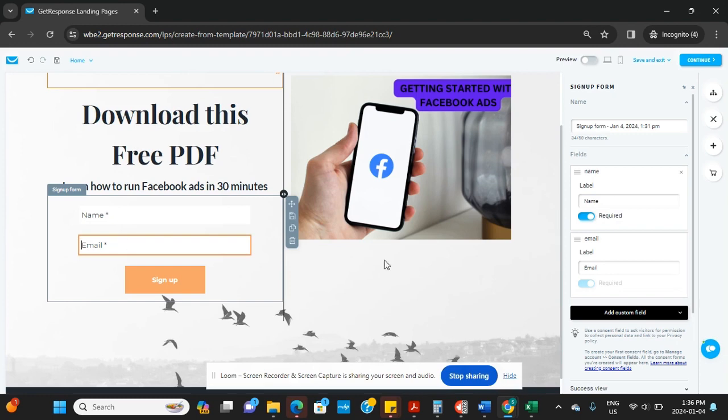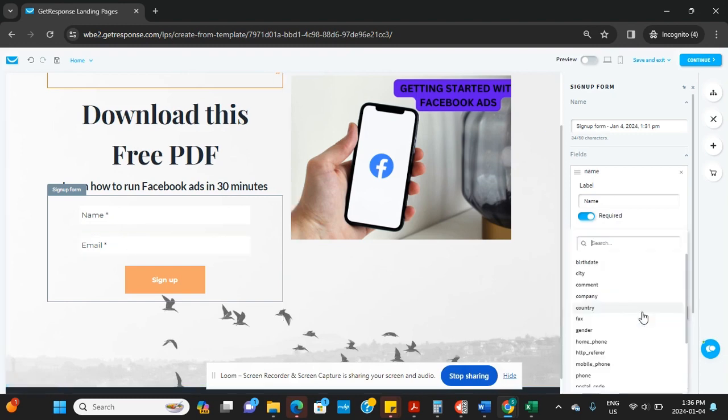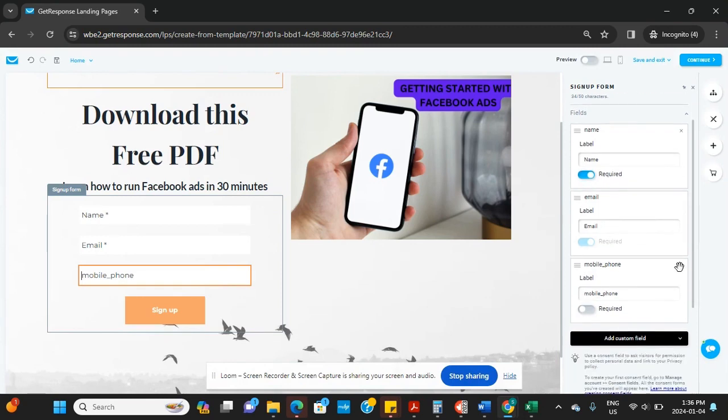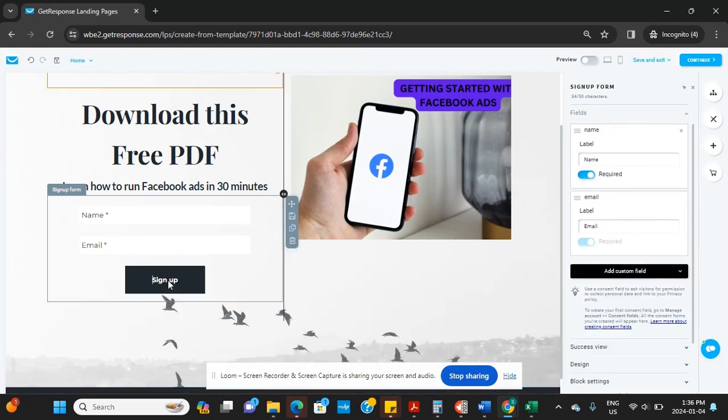Email, right? If you want to add another field, you could add phone number, if you want to. That comes in here, right? So that's if you want to do that, right? But if not, you don't need to include it. Just take it away. Then I can change this button,